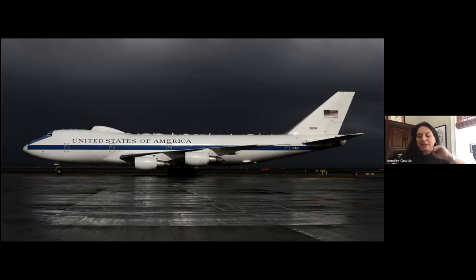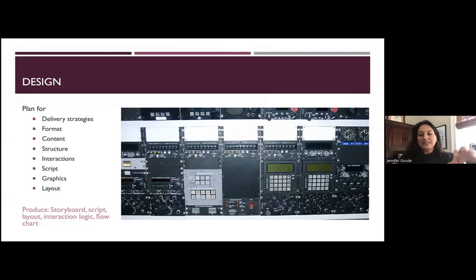So what we did is we came up with a computer-based training simulation, and we went back and we studied. I studied with my team how this piece of equipment worked, and then we went and reconstructed and rebuilt the whole thing using graphics. It created a simulation, kind of like what a flight simulator would be, right? But we did it with our new piece of equipment. So this was my design work based on my analysis. I understood who we were working with, what the context was, what the problems were, why they were trying to learn to solve the problems in their work, and then brought the design up to meet those challenges.